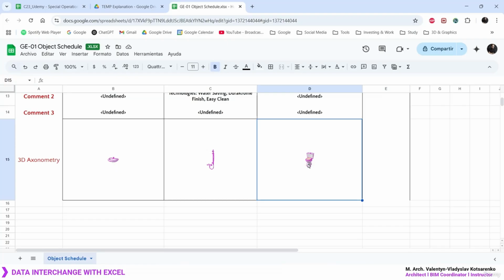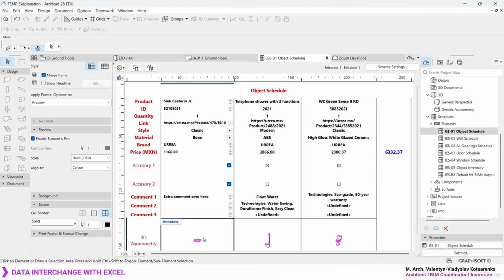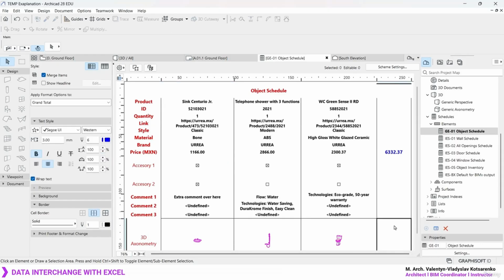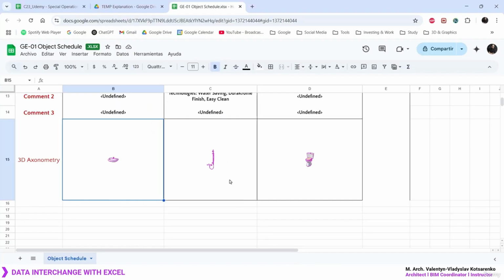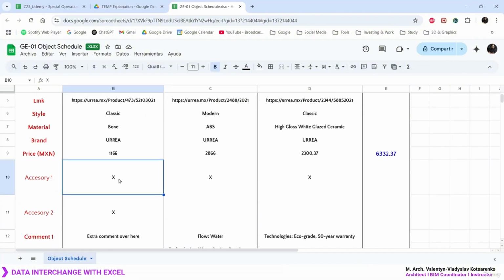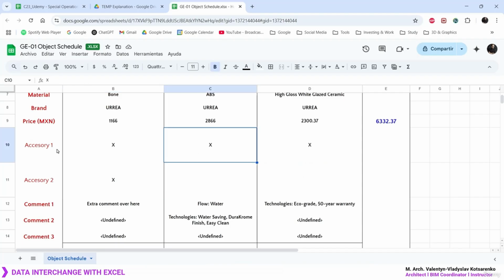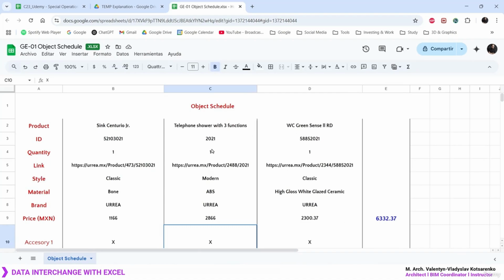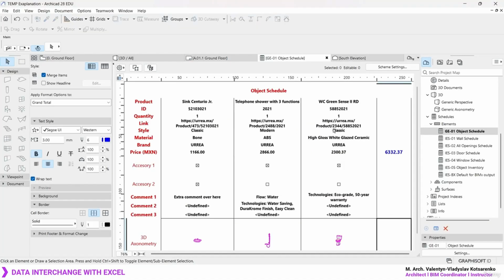And the images over here, which have been reduced back to their original scale, still look a little bit small for me, but whatever. It's going to export this as a bitmap image, okay? So yeah, you can notice everything looks completely the same. Accessory 1, this is checked, checked, and the information right over here is checked. So one amazing thing with ArchiCAD, all the data you register for your BIM model, you can always export